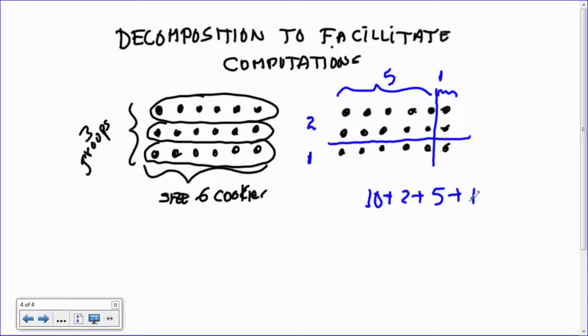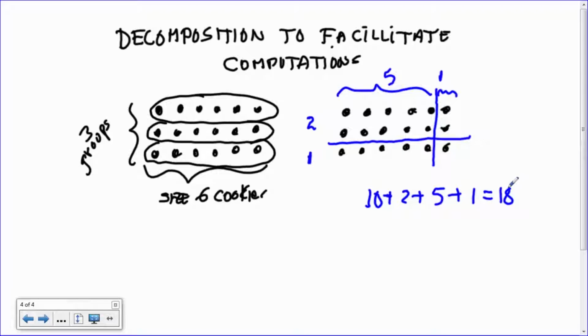And my claim is that adding these groups in the smaller sizes, 10 and 5 is 15, and 2 is 17, and 1 more is 18. So I know that 3 groups of size 6 is the same as 18 cookies. And I did it by partitioning my array into subarrays or subgroups so that I can do the calculations easily. Now, this is precisely what's called the table array strategy for multiplying bigger numbers together,